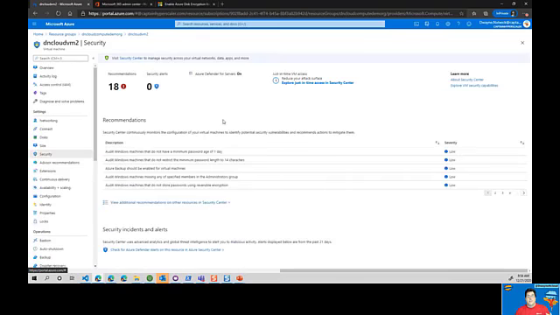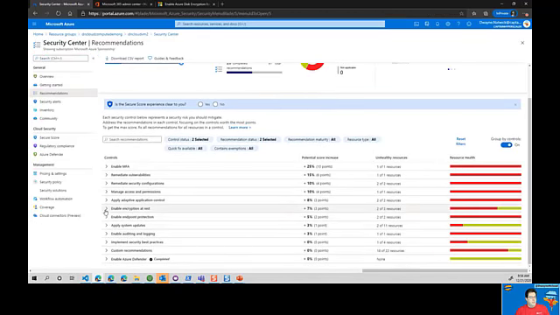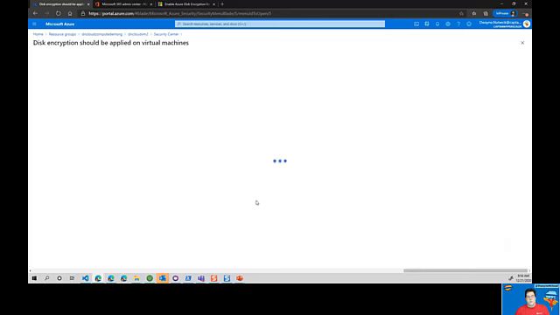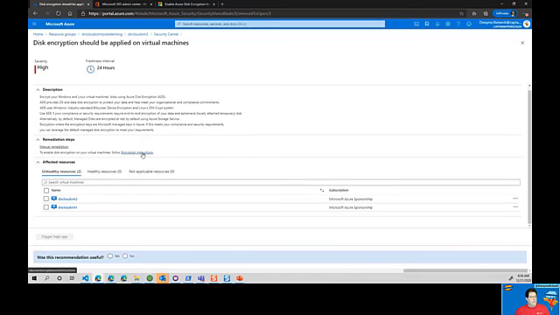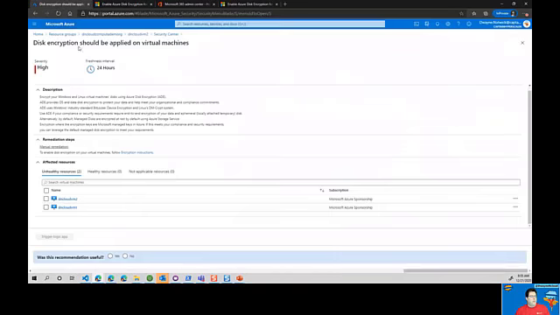The last thing I want to point out is Azure Disk Encryption. So if you go to Security Center and you view your virtual machine recommendations and you come down here to enable encryption at rest, you will find here disk encryption should be applied to your virtual machines. And you can see right here what you need to do to enable that disk encryption in terms of encryption instructions. This is going to send you out to Microsoft Docs, and you can come in here as well